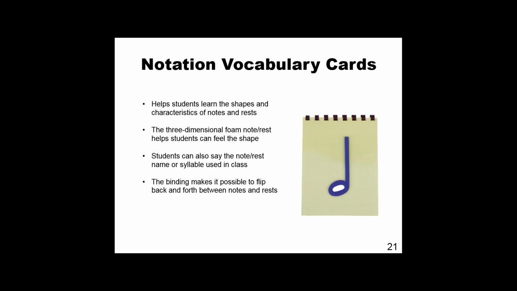So what I did here is I took foam, and there's like sticky foam. I think this was just regular foam that I glued. But I took 3-dimensional foam and I cut it out, or I actually used our die cut or Ellison machine at our school and made these different notes. But you could cut them out if you didn't have that type of machine. And I cut them out in the different shapes, and then I just glued them on to a little book here. But it made it possible for the students to feel, oh, this note has a line and a circle,